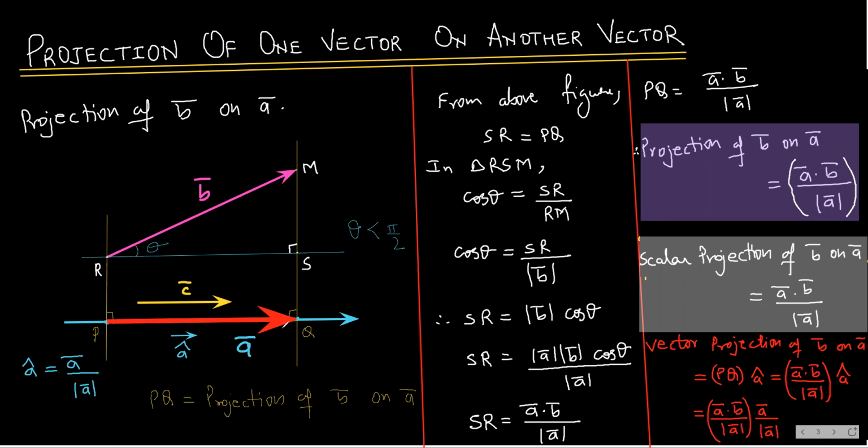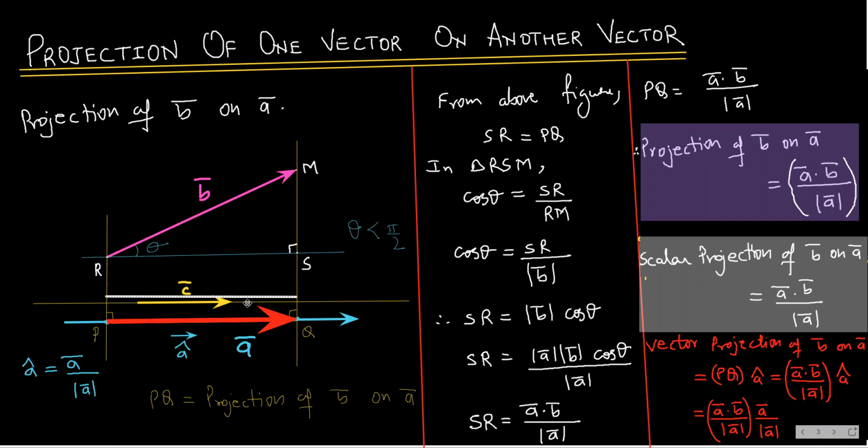Vector C bar also has the same direction as A bar. Rest everything is same for C bar and A bar. Only the magnitude of C bar is smaller. Then in this case, what would happen? We would still be getting the projection of B bar on C bar, and this time the projection would be going beyond the vector, but the projection would still be same.